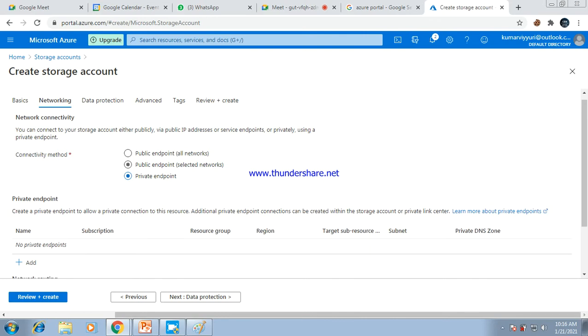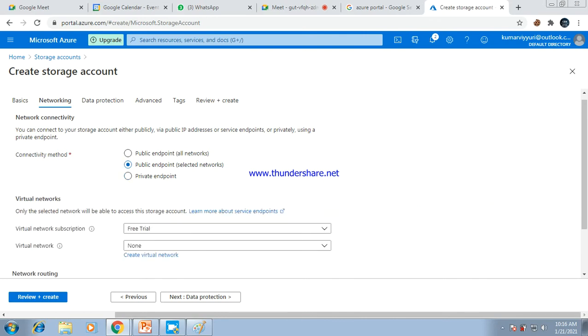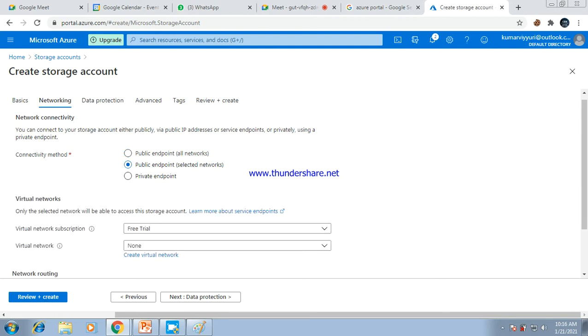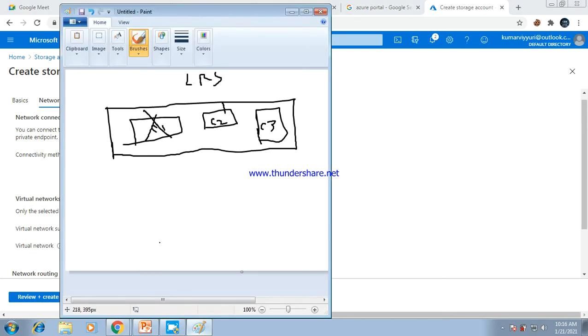Private or public endpoint selected network. If you give public, it does not have any options here. If I give public endpoint selected network, I can select a private virtual network subscription. For example, you have two subscriptions here, subscription 1 and subscription 2.